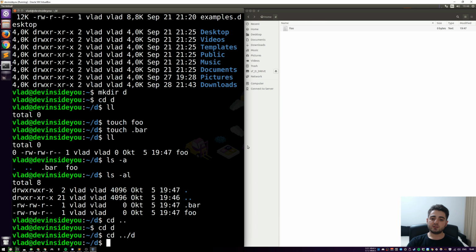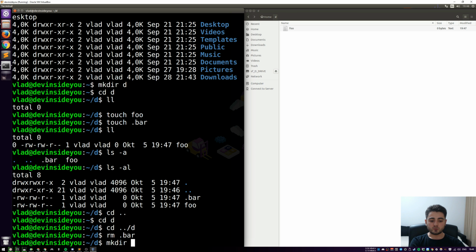Okay, and you can also do the same thing in the graphical file manager, but just by typing Control H, you also see the hidden files like that. Okay, so for now, let's just remove the hidden file, because I just wanted to show you how to create them. All right, so one other thing, if you want to create a folder which contains children, so let's create